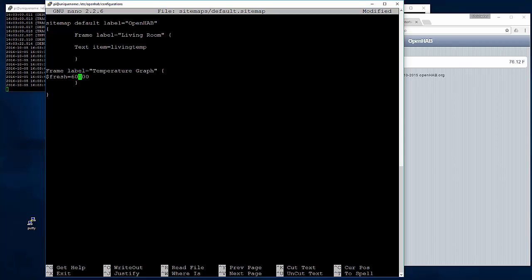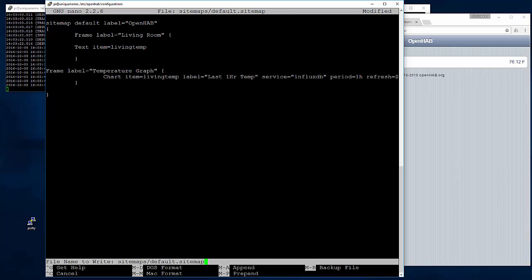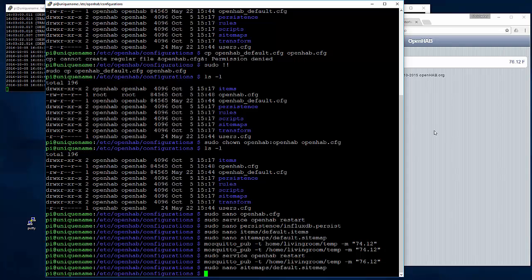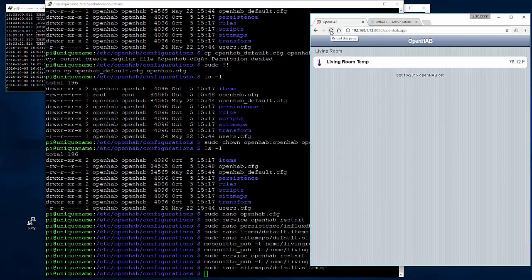You refresh, I set it to 60,000 just because I don't want it to refresh that often, but if you have a bunch of different charts on there and a bunch of different values that you're reading, it's going to refresh constantly. So in the grand scheme of things, you don't really want to use OpenHAB for charting. So we'll save that, say yes, default sitemap. Now I can refresh this